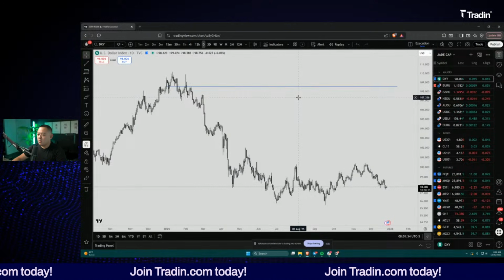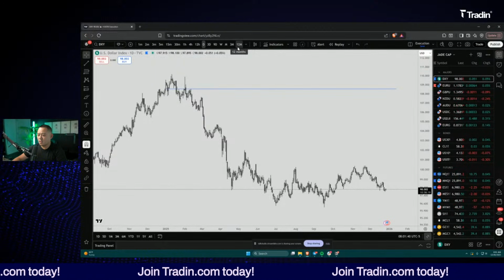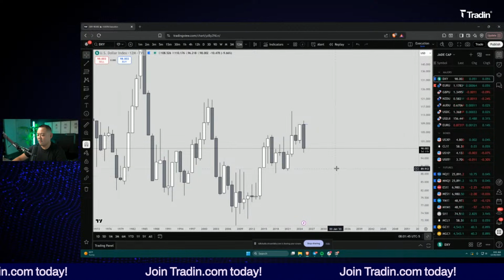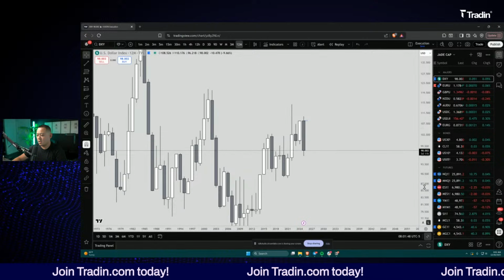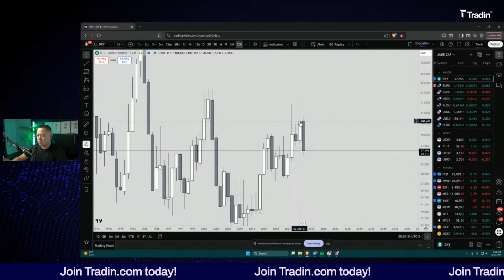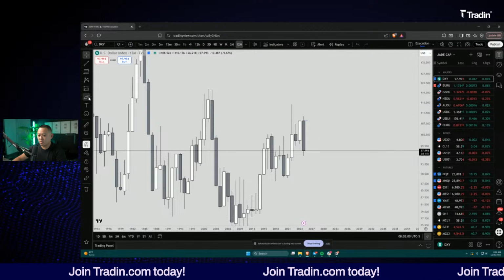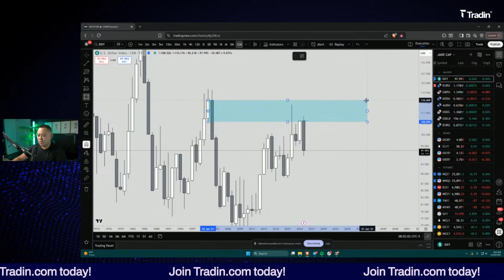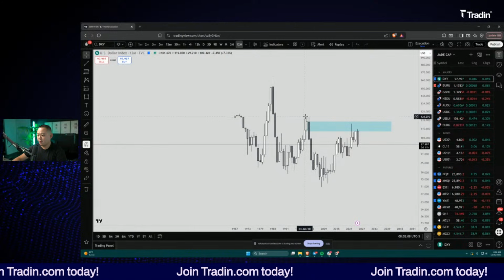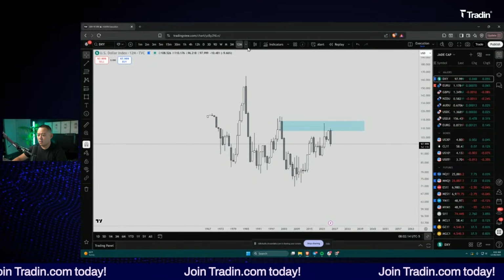Usually at the beginning of every year, markets start out a bit slow. Usually at the end of every year, and this goes for the end of every month, week, and day, I sit down and analyze the candle that just closed. Last year, we got a pretty bullish close at the end of the year, but we're trading up into this wick. Not only that, but we're trading up into this bearish order block. So we had to be very cautious of any higher price action from where we are, because if we don't break through this level, we're essentially just creating lower lows and lower highs in the dollar index.